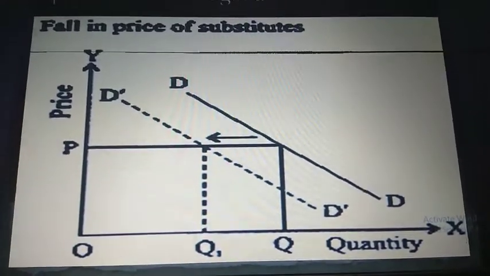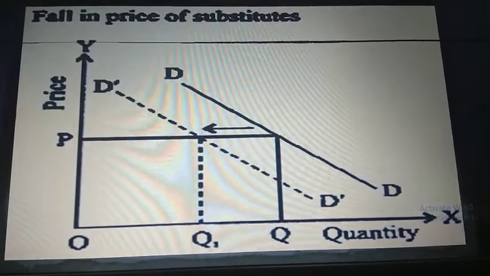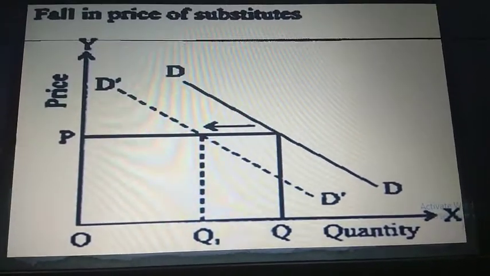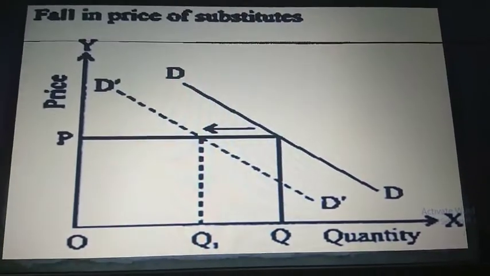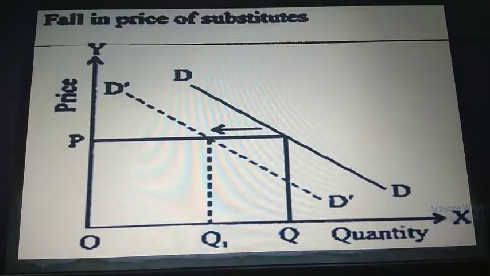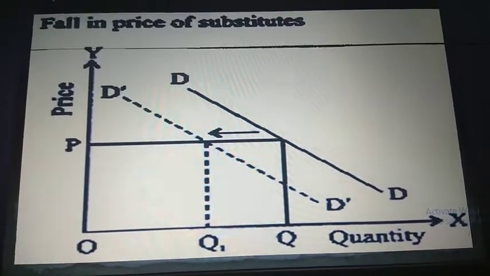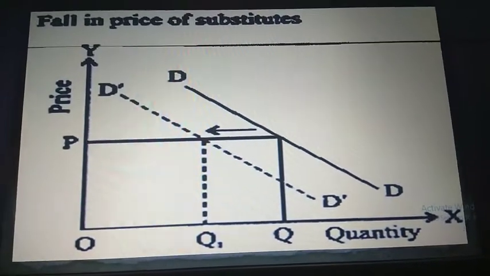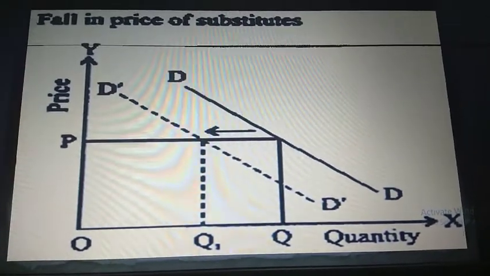First you will write the meaning of substitute good. Substitute goods are those goods which can be used in place of one another. For example, tea in bracket write given good and coffee in bracket write substitute good. You are specifying which one is the given good and which one is the substitute good in your answer.